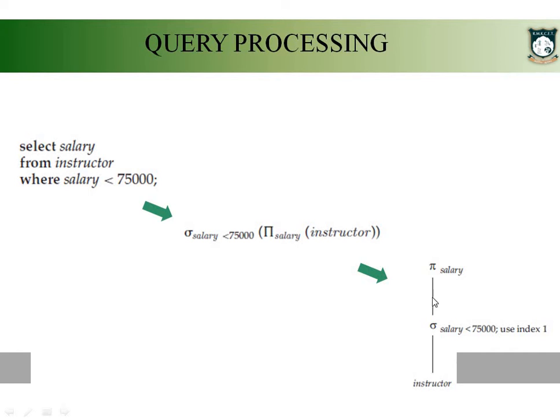In this execution plan, it is conveying the message that first you have to refer to the instructor relation, then you have to perform the selection operation, then you have to perform the projection operation. So the order is clearly specified by the execution plan. You have to go from bottom to top. Now this execution plan is given as input to the evaluation engine. The evaluation engine in turn will be executing and finally giving you the results. So these are the steps involved in processing the given query, right?